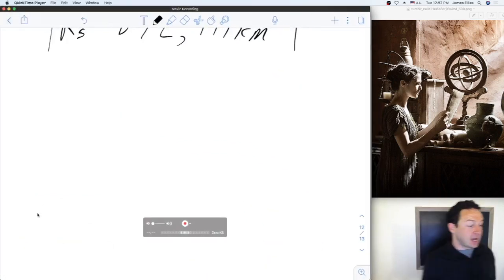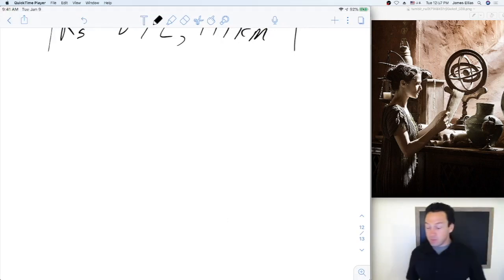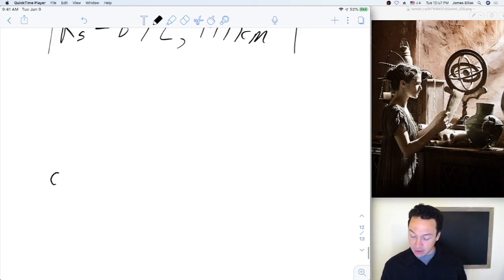Now, the first thing I'm going to mention is that I'm going to remind you, the moon subtends a 1/2 degree angle in the night sky or in the day sky. What does that mean, to subtend the angle? So that means that if you measure,